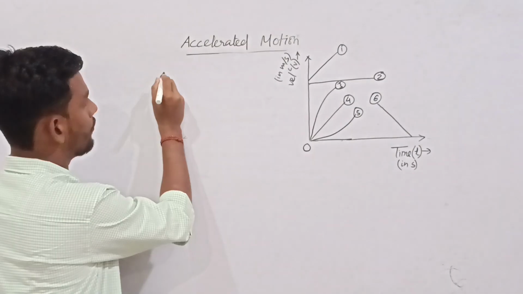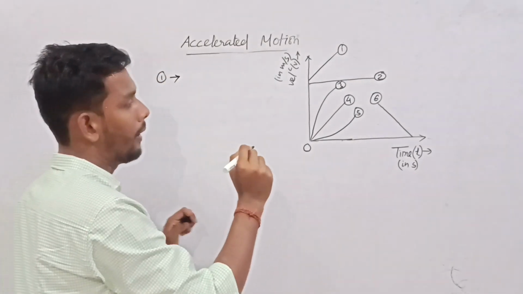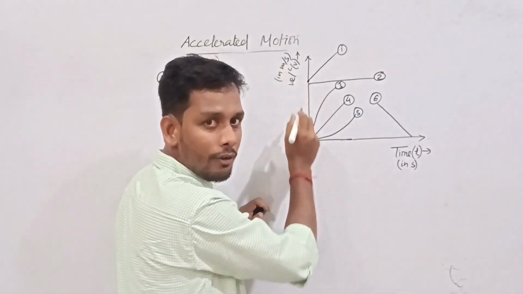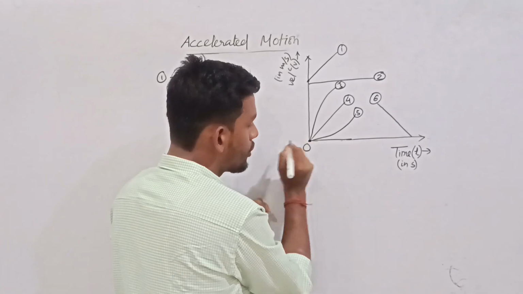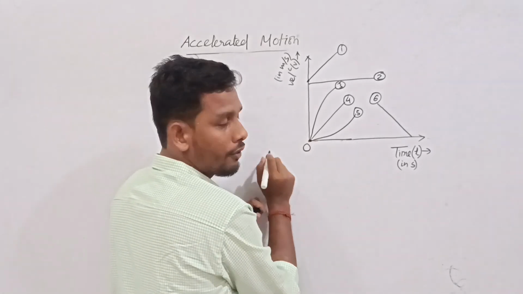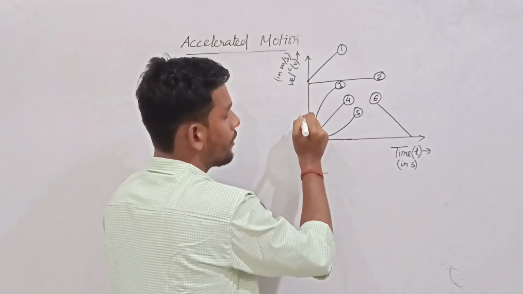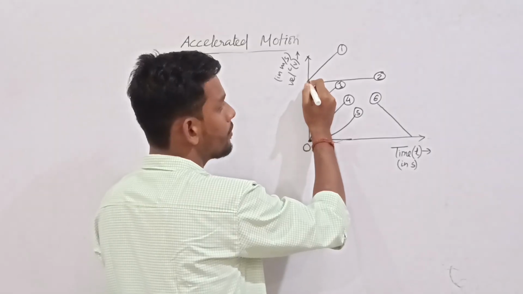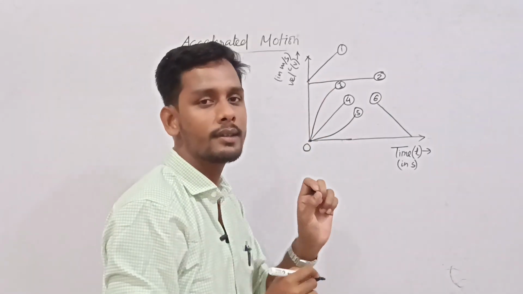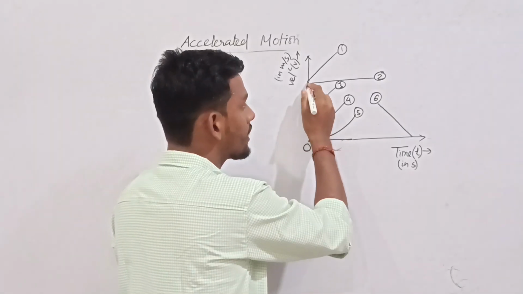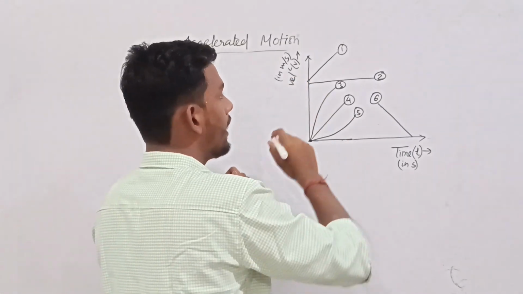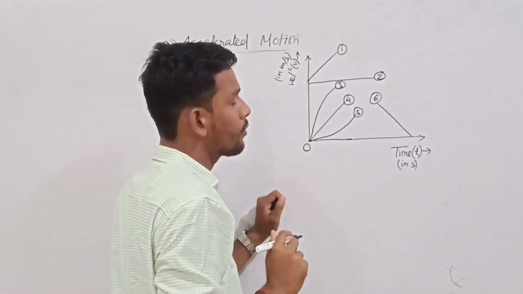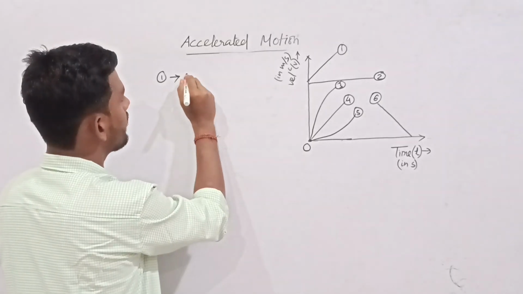So number 1 graph. You know that this axis belongs to velocity. So this is zero velocity, initial. Here velocity 1 meter per second, 2 meter per second, 3 meter per second. That means the object starts from this point. It means it already has some velocity. And the graph is a straight line. It looks like a slope. So graph 1 explains